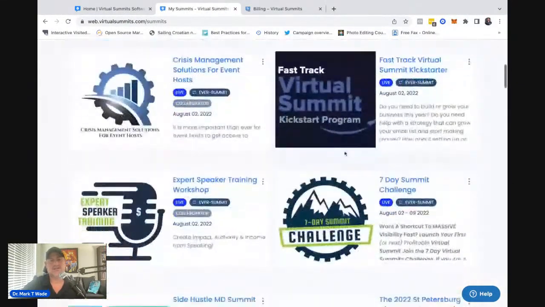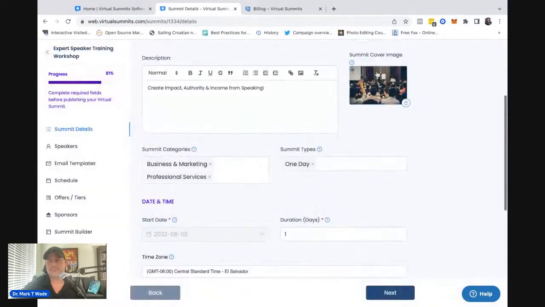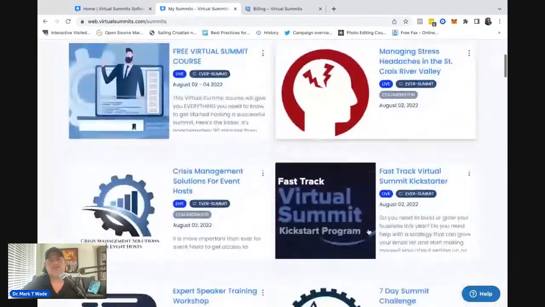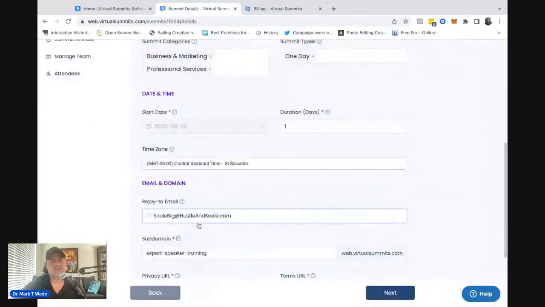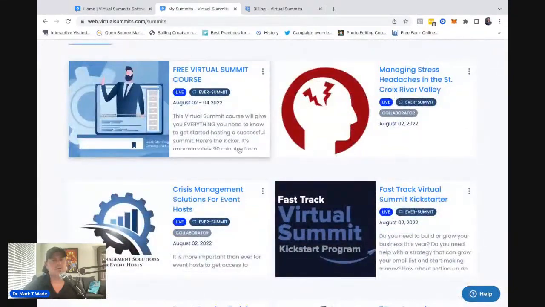Well, let's actually go through this one. This one will make it a little bit interesting here, and I just want to show you how you could walk through this. So actually, one thing to note from the summit dashboard here, you're going to see all your summits laid